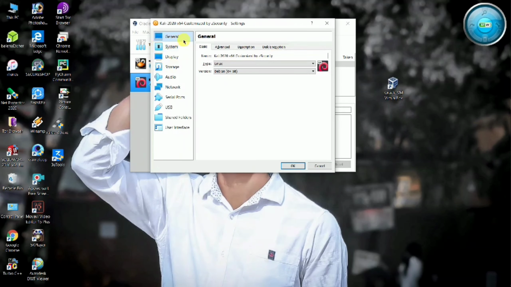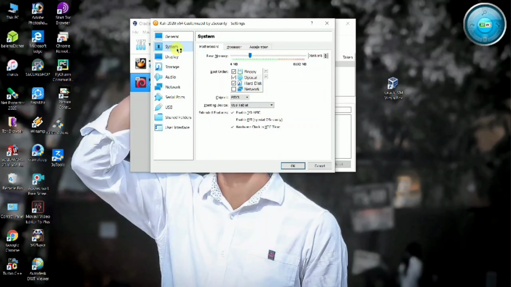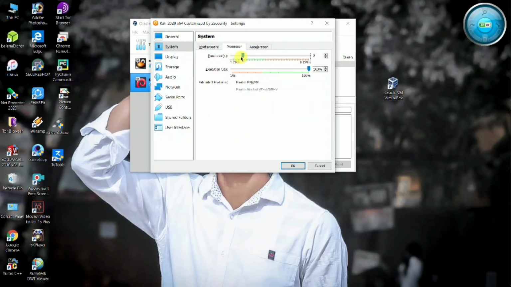The settings interface will appear like this. Now you should go to System, and here for base memory you should give about 4 GB, which is enough here. Then go to Processor.